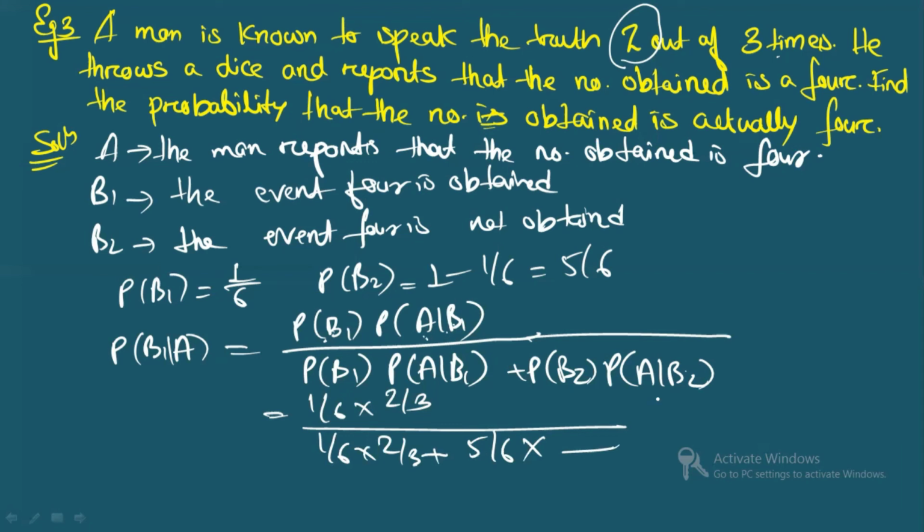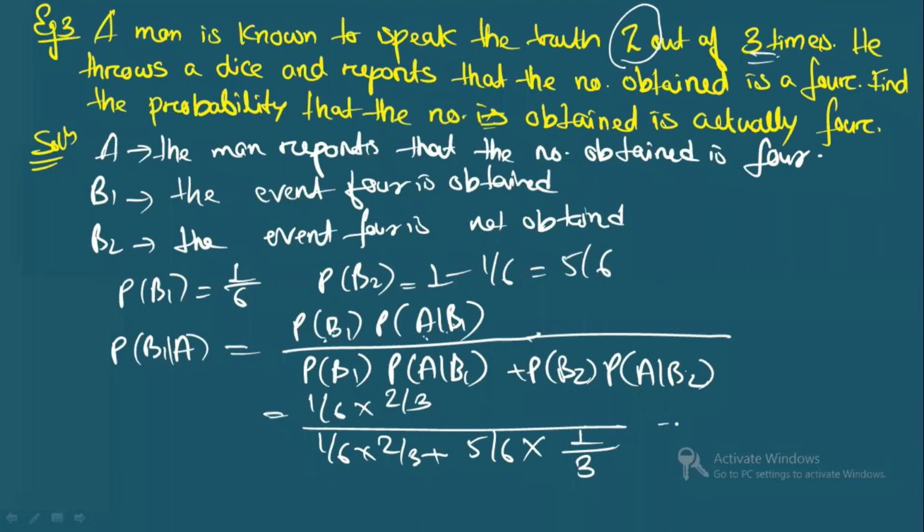So total here outcomes is what? 3. 3 times is there. But there is only 1 time when he is telling a lie, because 2 times he says the truth. So it will be what? 1 by 3. Clear? So this is how you will have to see. So in this case, for this, you will calculate it and see. Okay, let's see the calculation.